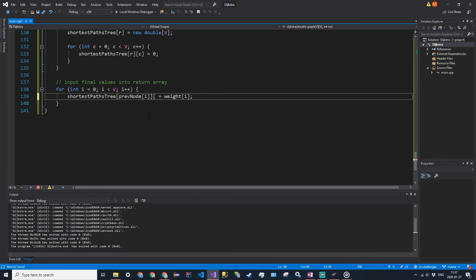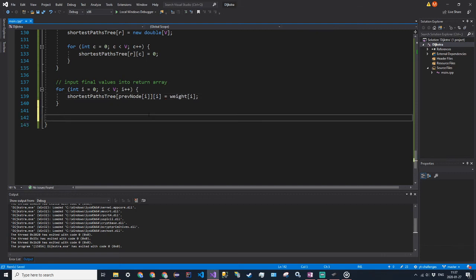And then just add an [i] there because it's a 2D array. And then when that's all said and done, we can just go ahead and return shortestPathsTree. So you can also see in this loop that because we're only iterating through each node once, each node will only have one thing pointing to it. So yeah, now we can go ahead and talk about